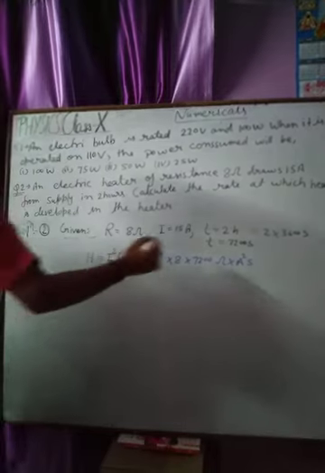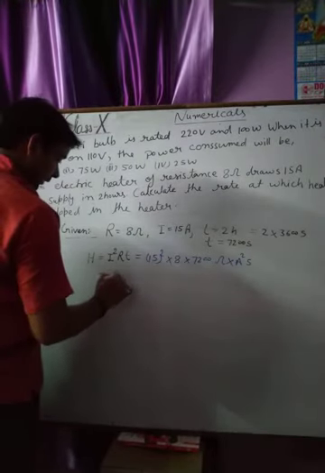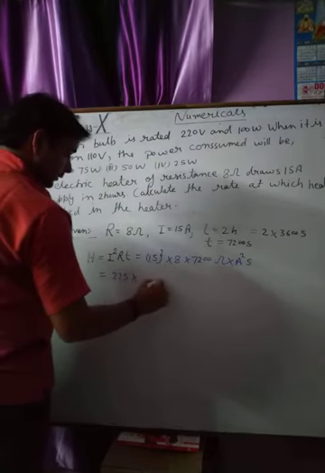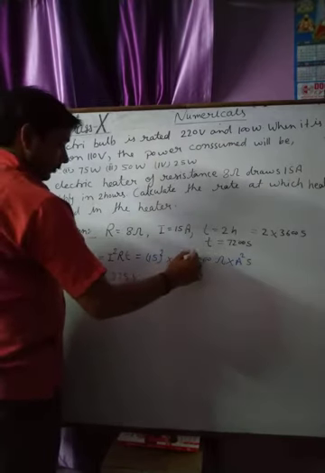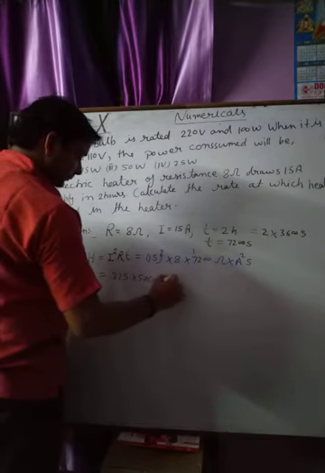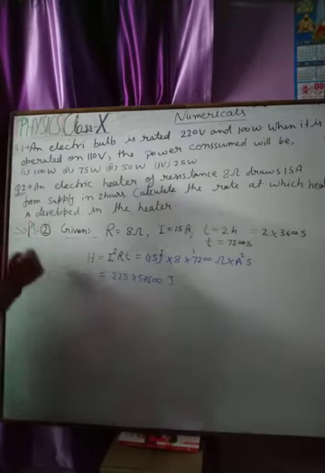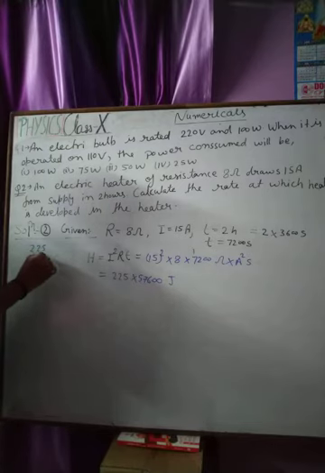Now on solving, we get 15 squared is 225, and 8 multiplied by 7200 is 57600, now it is in joules. On multiplying this 225 by 57600 we get,